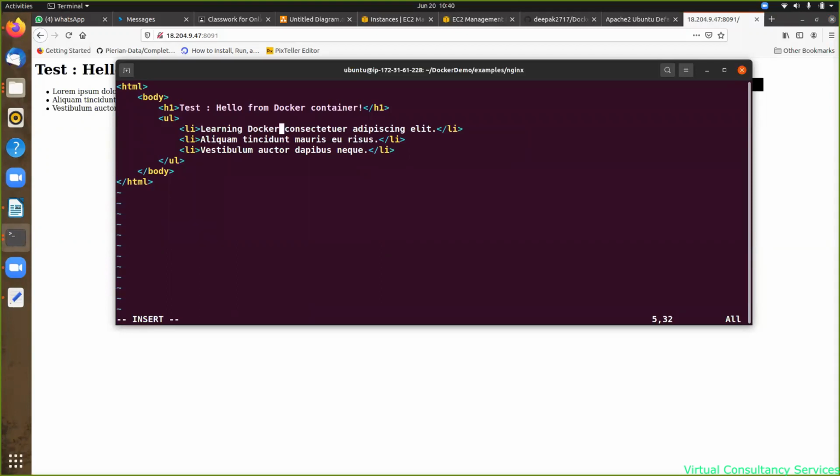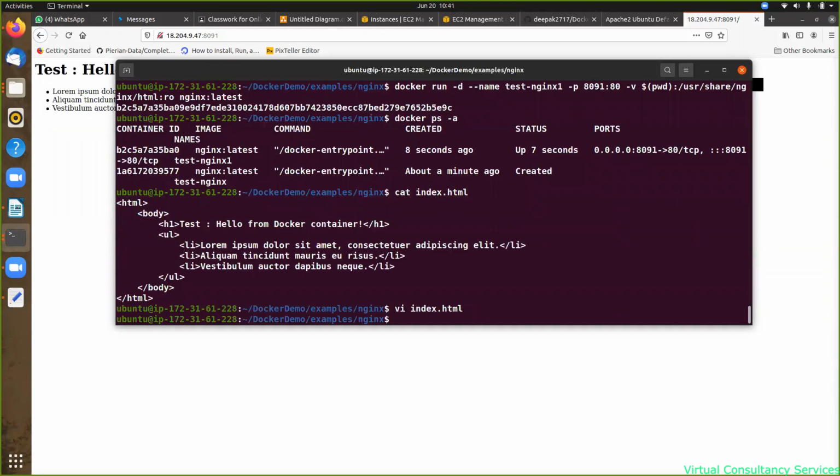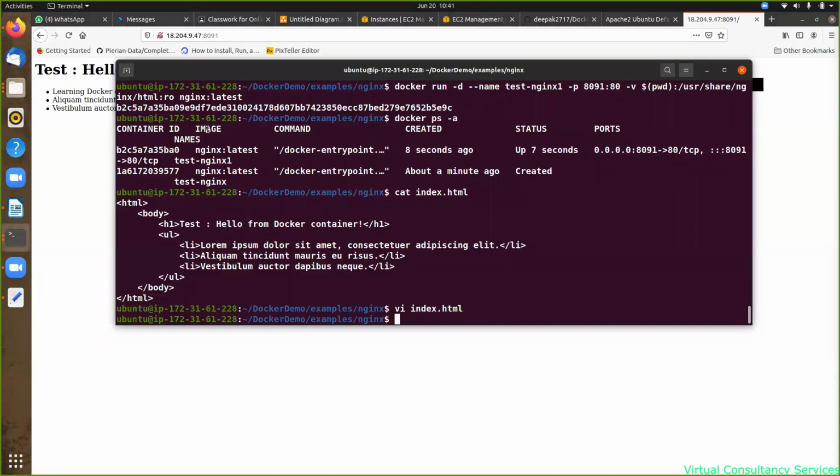तो पता चल रहा है वॉल्यूम मैप हो रहा है, राइट? जो मैं यहाँ पे चेंज कर रहा हूँ वो कहाँ पे रिफ्लेक्ट हो रहा है? कंटेनर के अंदर के इंडेक्स डॉट एचटीएमएल को अफेक्ट कर रहा है ना। अभी मैंने अपने इंस्टेंस पे चेंज किया, कंटेनर पे चेंज नहीं किया, बट मैंने वॉल्यूम माउंट किया हुआ है। तो ऑब्वियसली अगर मैं अभी इसको वापस से रिफ्रेश करूंगा, सी, लर्निंग डॉकर आ गया अभी, यस। तो ऑब्वियसली वॉल्यूम मैपिंग का यूज केस इट्स वेरी क्लियर।